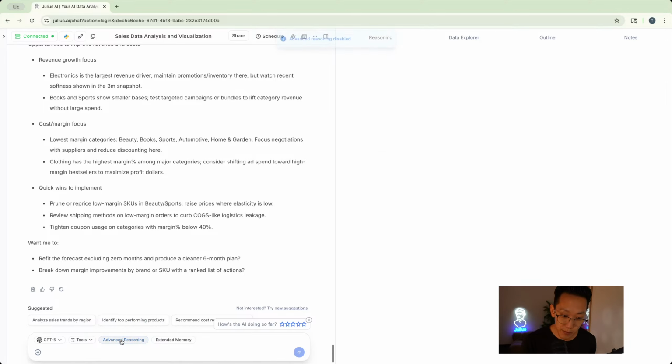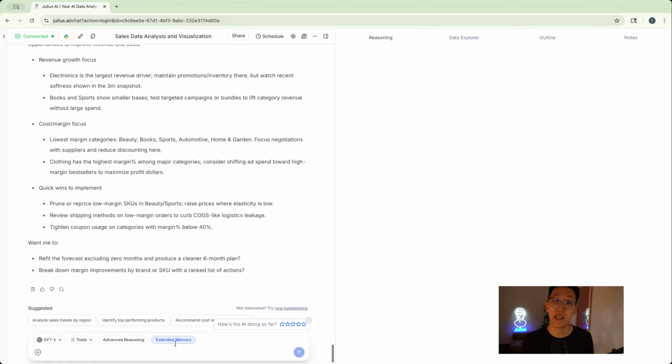Cool. Let's talk through some of the other tools that we have in our toolbox. Extended memory. So if, for example, I wrapped up my work today, I went to go hang up the old hard hat and I'm done, and I want to come back and do some analysis tomorrow or maybe weeks from now, it helps to turn on extended memory to give Julius even more context and broaden what we call